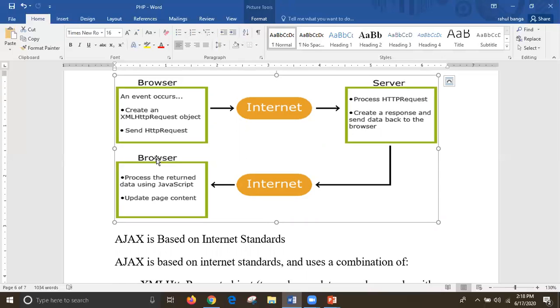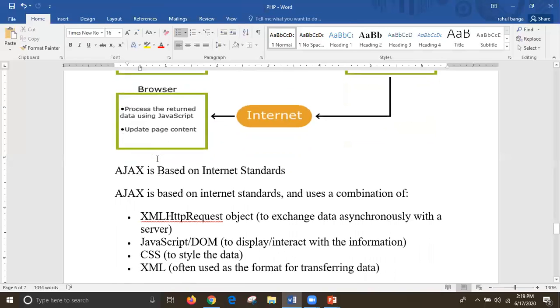That means processing is done, and displaying and updating of the page content happens. Once the browser gets the content, correcting and updating it is its job, so that the data will be displayed on the screen. So whenever we create any event, that event is created and the object helps to send the request to the server. Once the server responds to our request, the response comes back to the browser, the update is done, and the updated data is displayed on our screen.